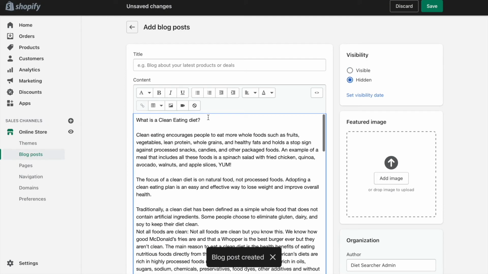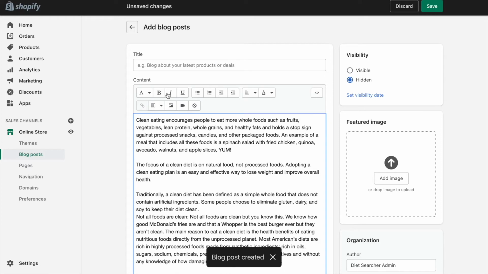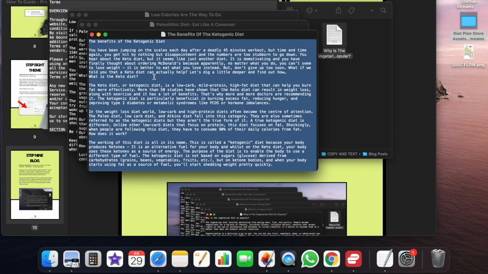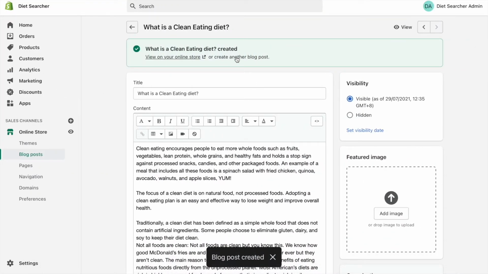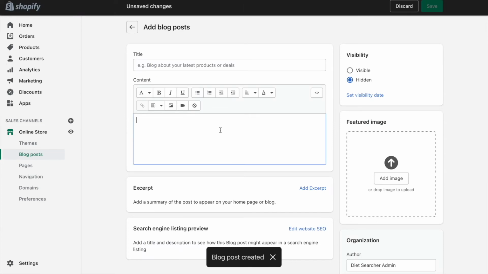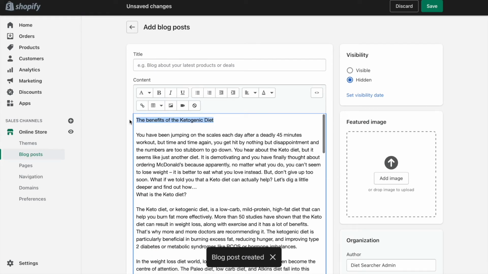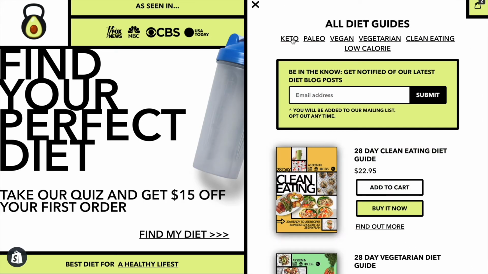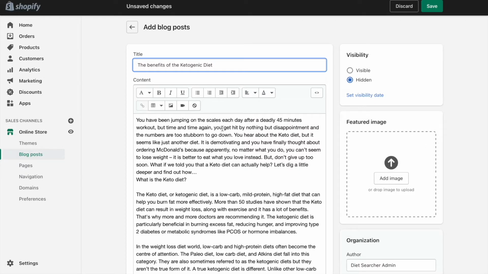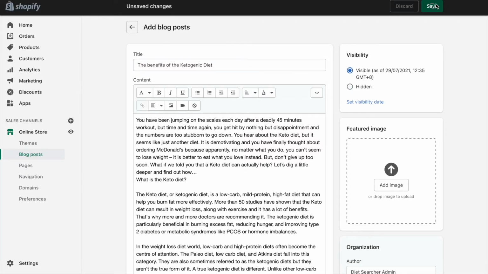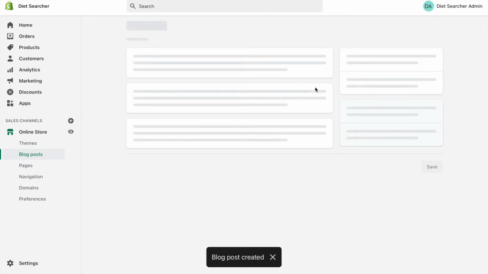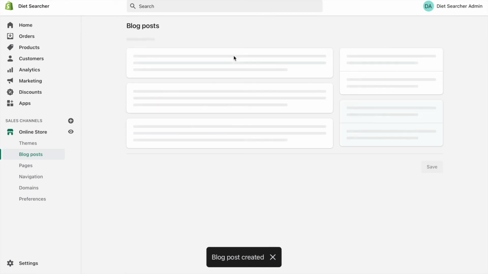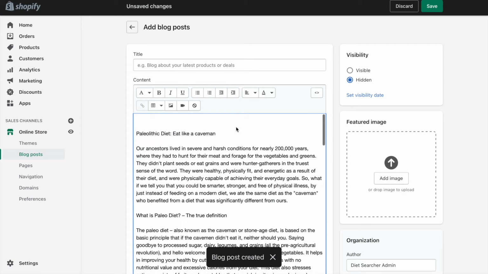The blog posts are not necessarily keyword optimized because Google doesn't like duplicate content. So these blog posts are on hand to pre-populate your blog and to educate potential customers. Each blog post refers to each one of our different diets. We've got a blog post for each one of the different categories which we made earlier, so that when people come to the store they can find out more about the diet on the website. And then of course we recommend that you add new, bespoke, unique content, just to help you rank